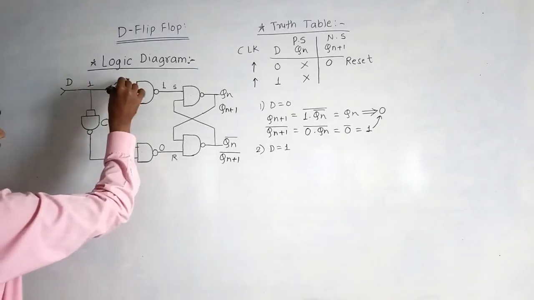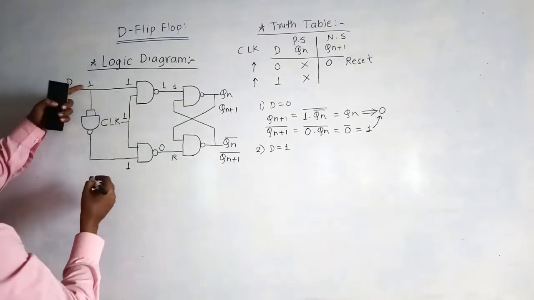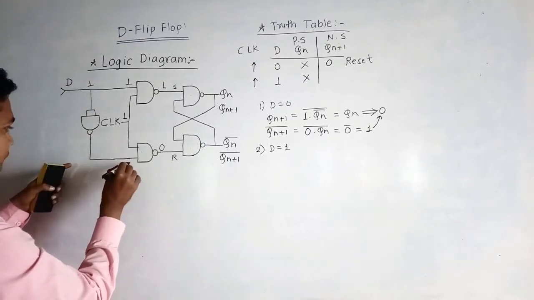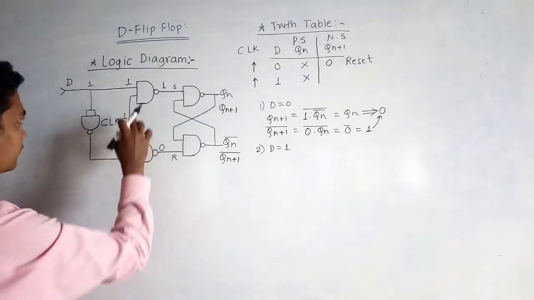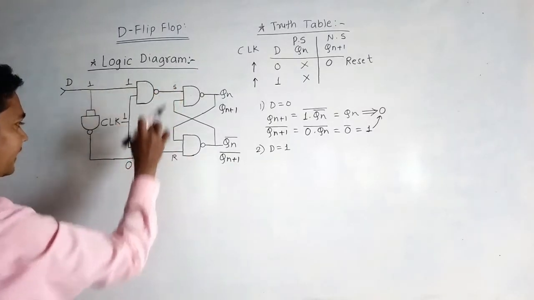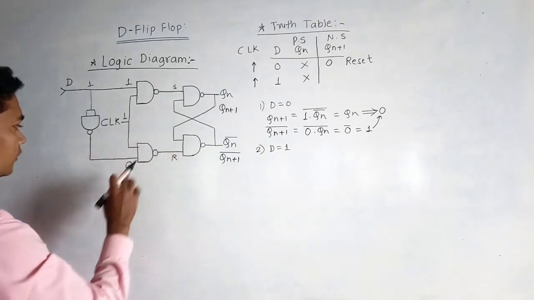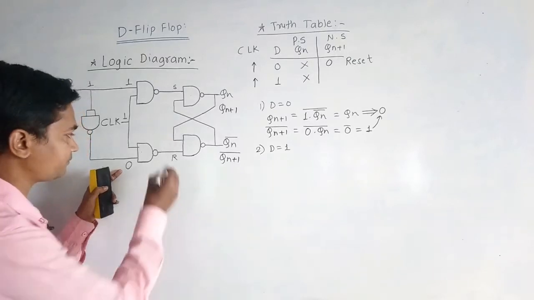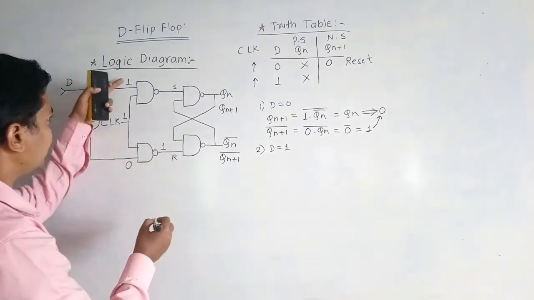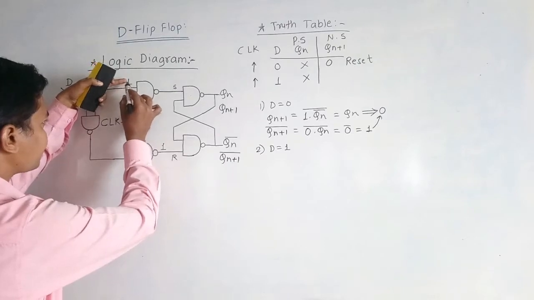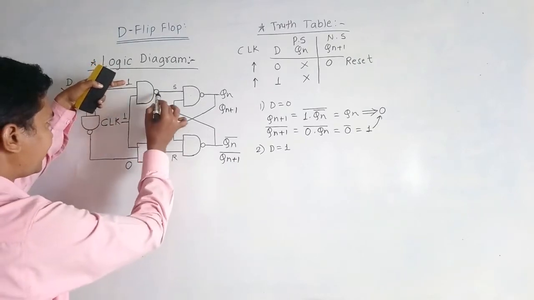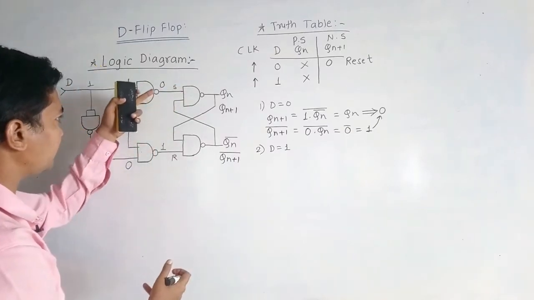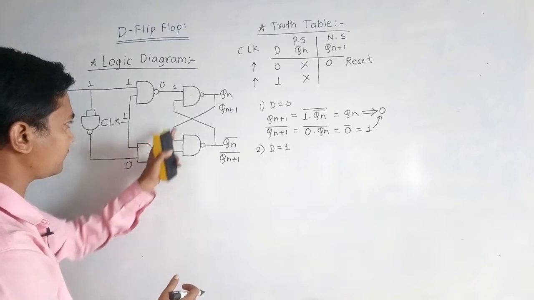will be given as it is to the first NAND gate, and this 1 will be inverted by this NAND gate and given as 0. Okay, so what will happen at the output of this NAND gate and this NAND gate? When any input of the NAND gate is 0, then the output becomes 1, and by this 1 and this 1, the output of the NAND gate will be 0. Okay, so we have this value 0 and 1 at this SR latch.